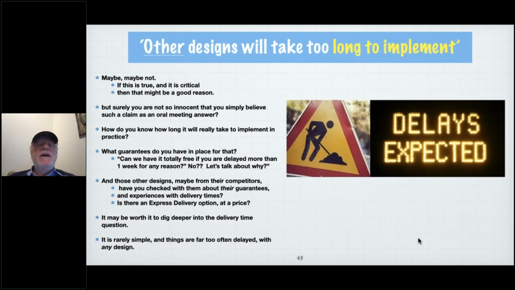If we claim that this will be the fastest one to implement, well, that's an interesting claim and we need to investigate it. That other designs will take too long to implement. This claim needs to be validated. Maybe you're making some false assumptions or are in ignorance of speedy ways of implementing other designs. So just because somebody claims it will take too long to implement, I'd go into more depth and make sure